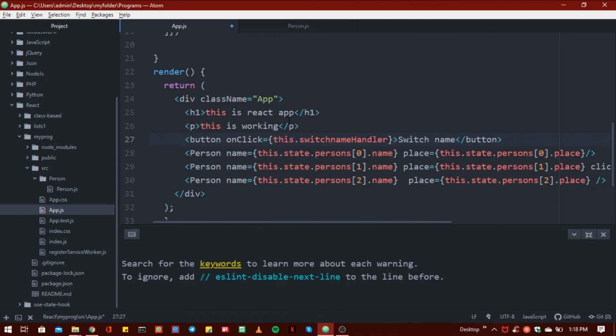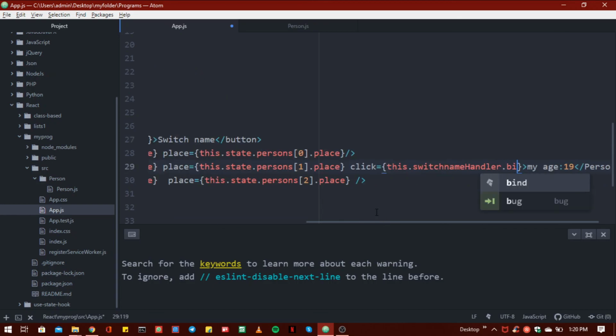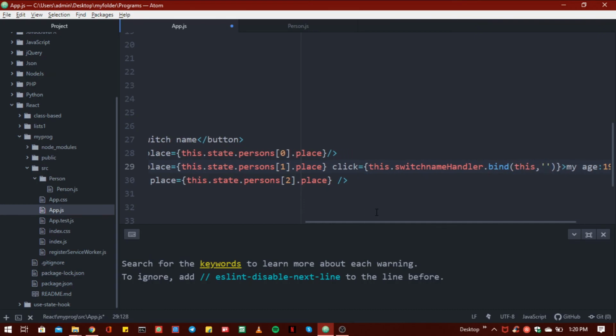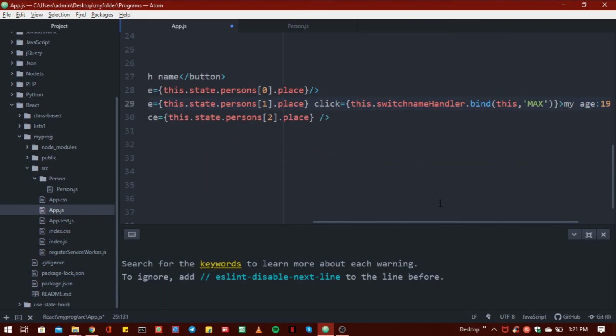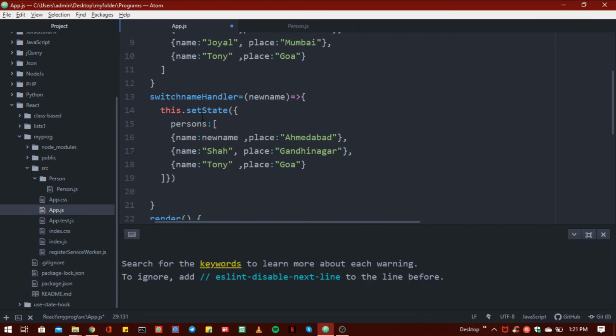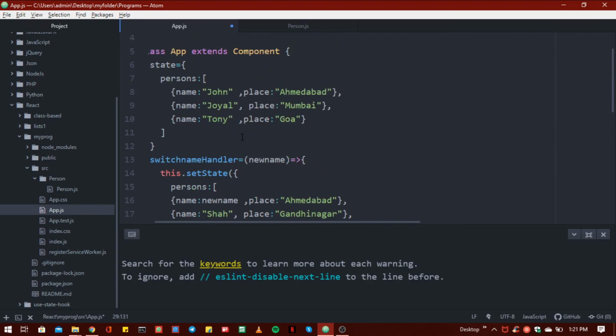There are two different ways. The first way is we have to use this bind property that is default in React.js. So I write here bind to refer my new name, and inside that I want to write this and the name that I want to change here. So whenever I click on this statement, the bind method is referred to our set state property by using this, because this refers to all of the properties inside our class.